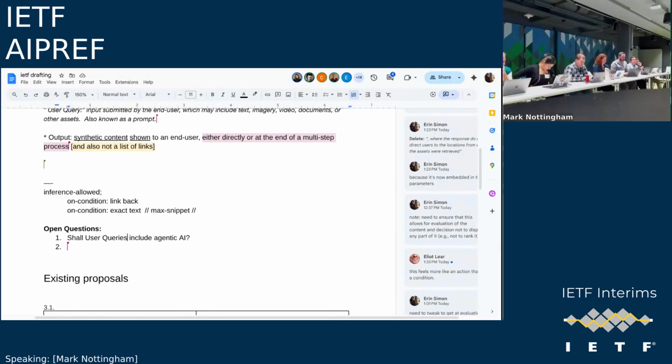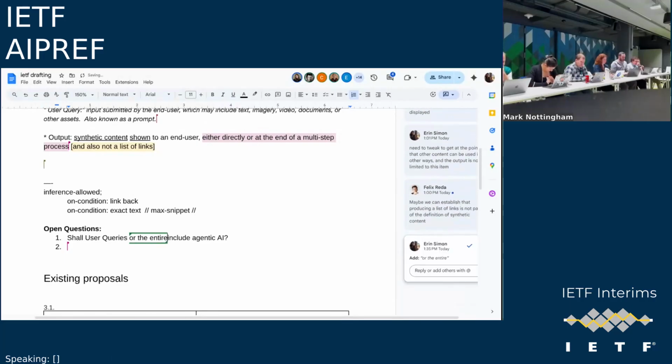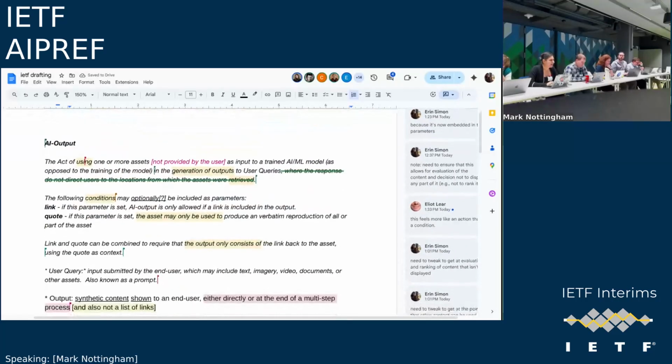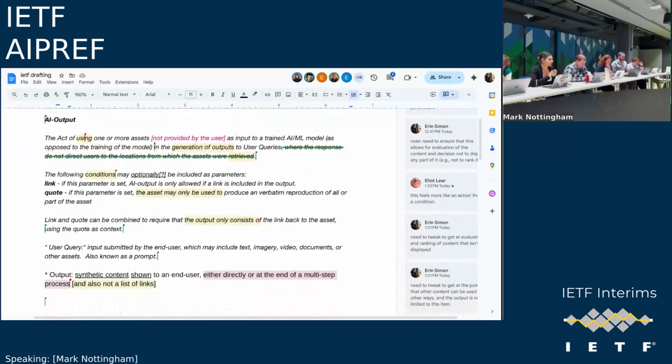I'm just looking at the text, but all AI models will generate some form of output, even if it's not something consumable to a user. I think there might be a generation of outputs that doesn't use the content in the output, but it's still being used to generate the output. And I think that's not excluded in this definition.